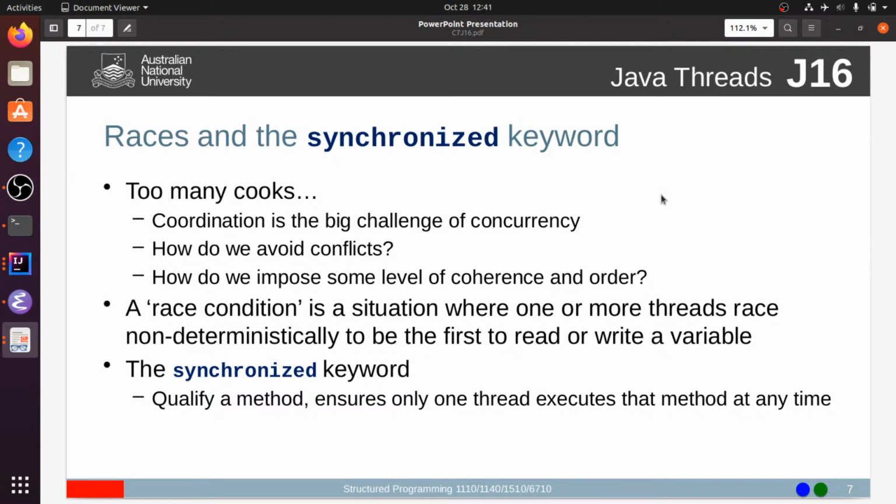A race condition is something that occurs in concurrent execution where we have multiple threads and they are all trying to write to the same variable, right? The same field in some method. This is called a race condition because they're racing to see who gets there first, or actually what matters is who gets there last, right? Because whoever wrote last on the variable is the value that's going to be left there after they're all done. And this is non-deterministic in the sense that we don't know exactly how the scheduler will schedule execution